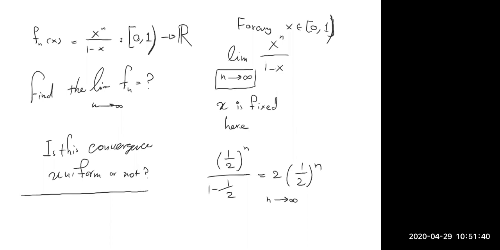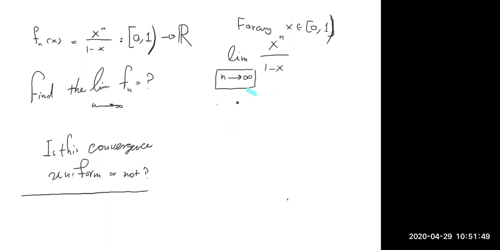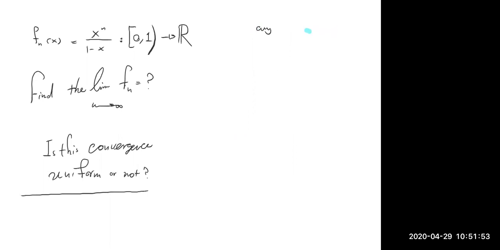Oh, yeah, you're right. So you're answering the second part. That is correct, yes. About the uniform convergence, what you're referring to is correct. This is not uniform, exactly because of the reason you mentioned. I thought you were still referring to the first part. So yeah, this is not uniform convergence. Suppose it is. Suppose yes. It means for any epsilon, there exists a number N, depending on epsilon, such that for all natural